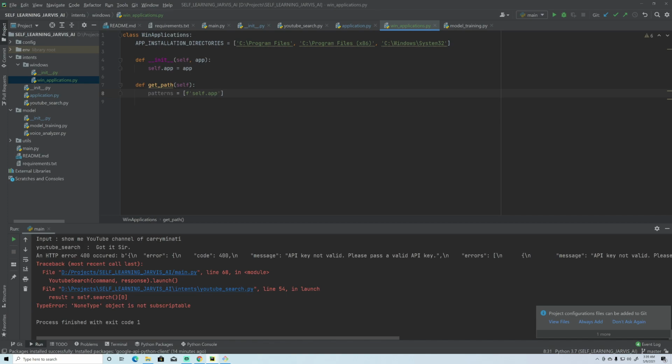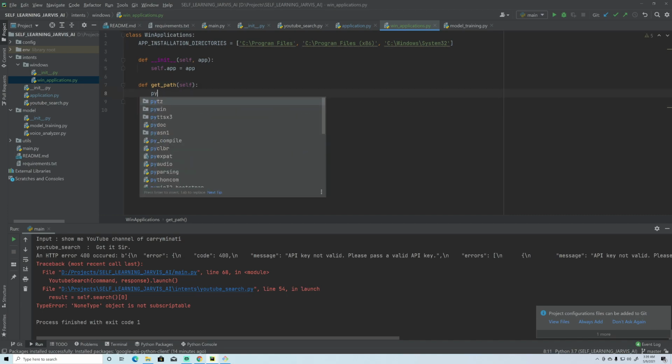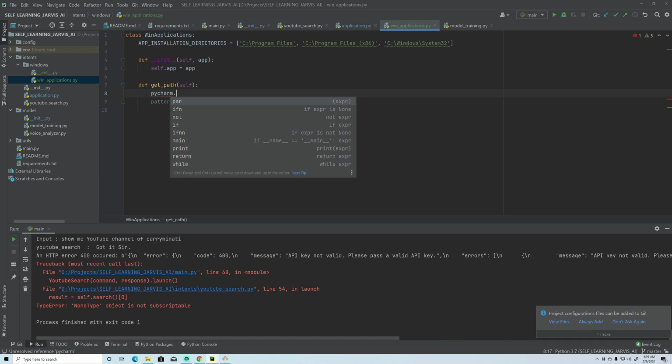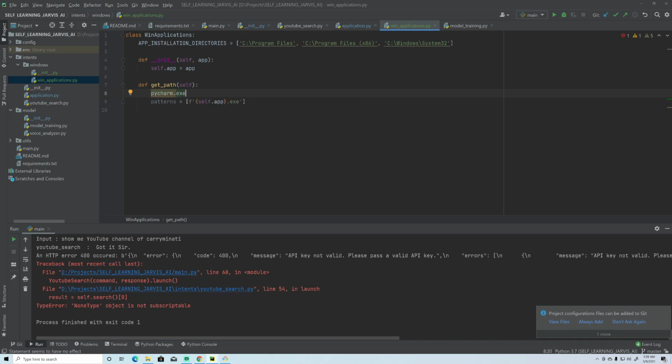self.app .exe, right? So in case this PyCharm.exe is not found in our directory, because it may be under some other name, right?